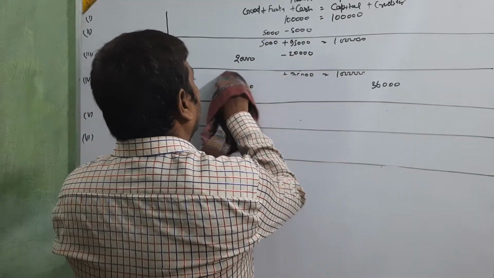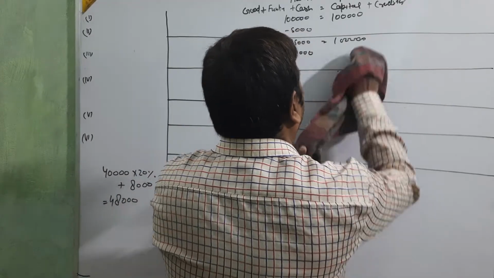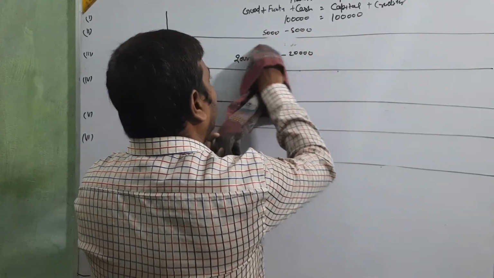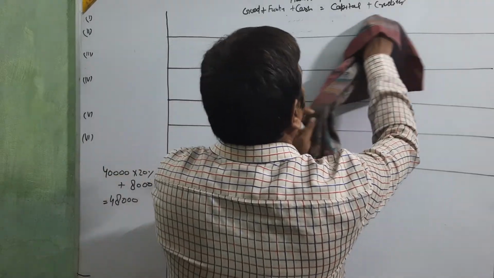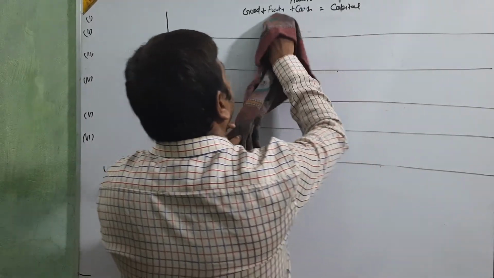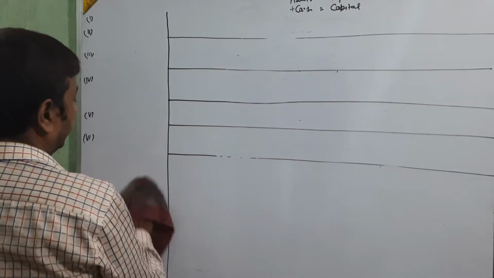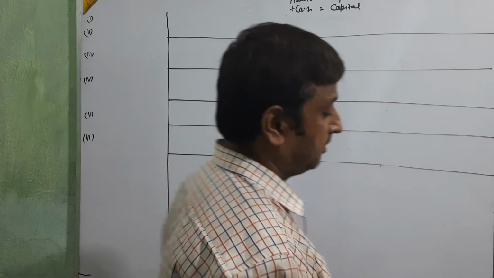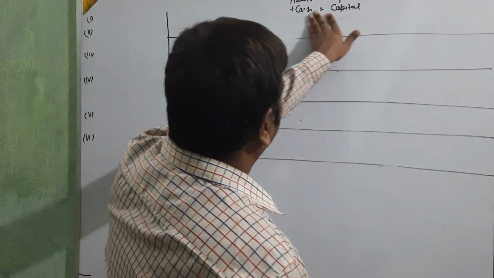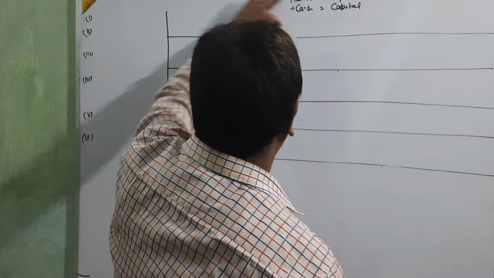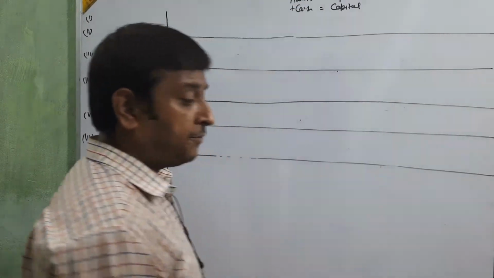In the same way, we are only seeing the effect of that transaction. If you understand the effect of each transaction well, then it is very easy to deal with all these heads. Okay beta, it's very easy. Only understand the effect. For the next question, we are going to start with the first transaction, beta.